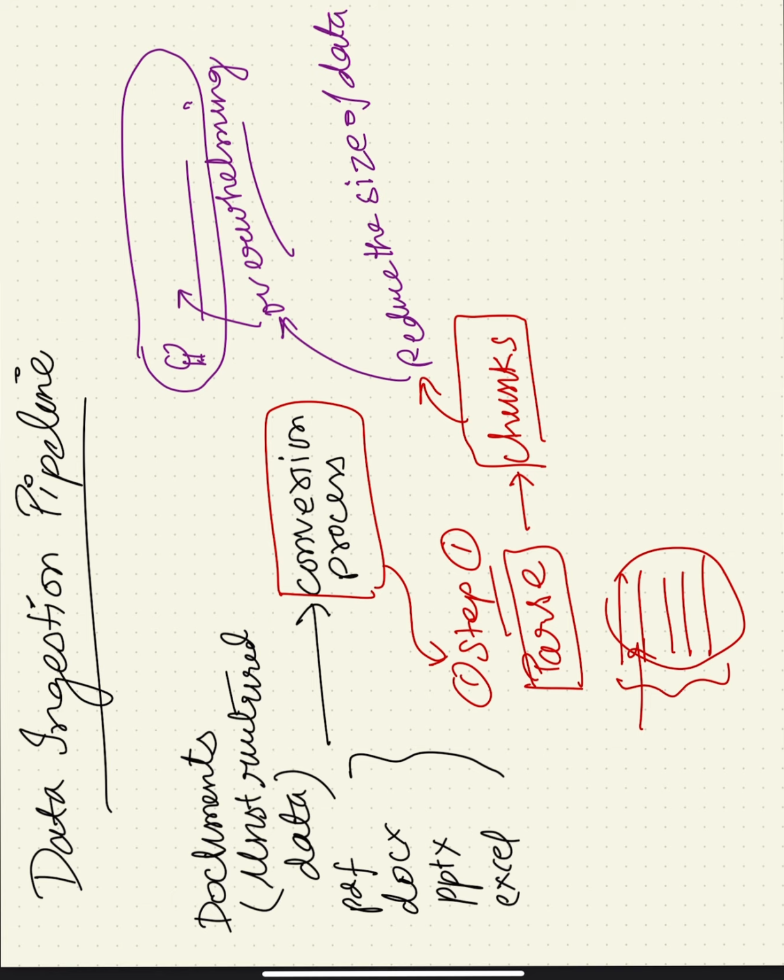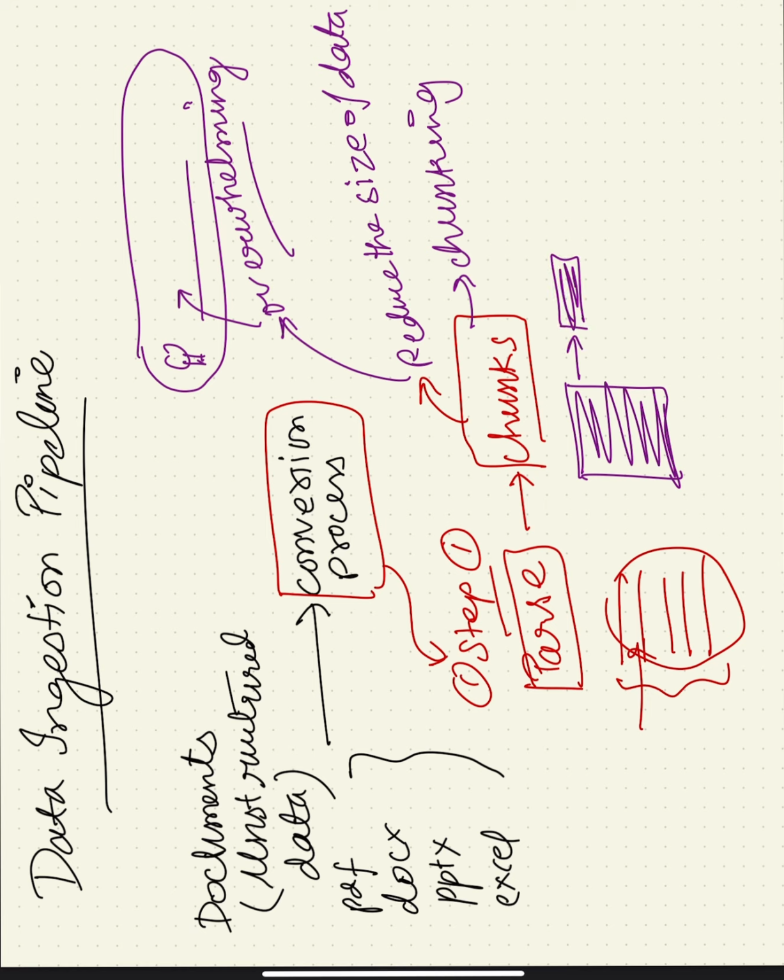This is what we do. So we apply chunking. Chunking is a method of breaking the entire document data into small data blocks. And for this, we use some chunking techniques. Basically there are ways to do this. I'll talk about this in a specific later video. I'm just explaining the